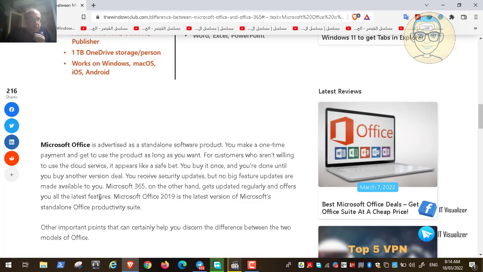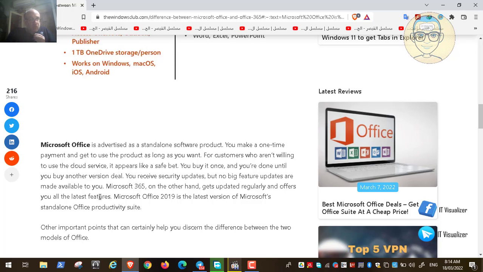So one of the good points of Microsoft 365, for example, if you are using Excel through Microsoft 365, new functions are introduced in Excel with the Microsoft 365 package more than in the standalone Office Excel. So if you have a standalone Office Excel and a Microsoft 365 Excel, the Excel through Microsoft 365 gets new functions, more than the normal Office Excel